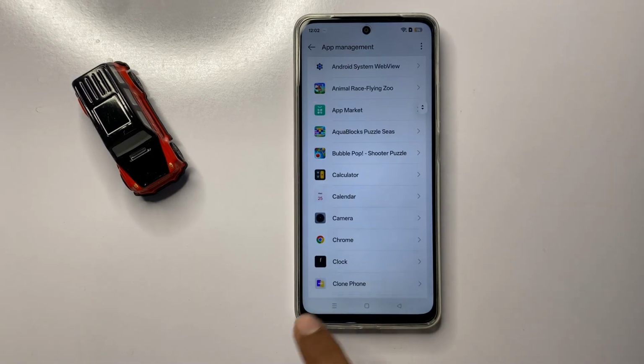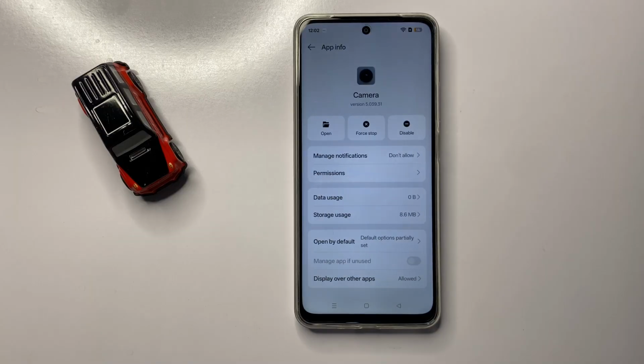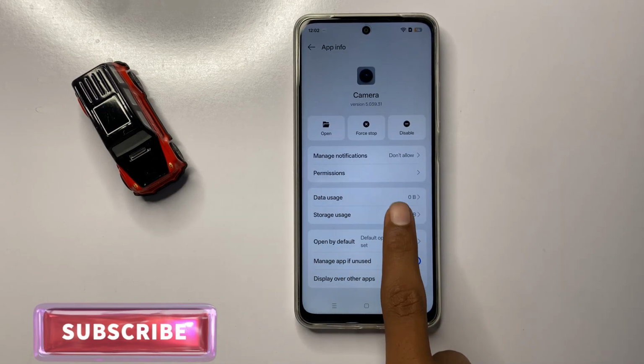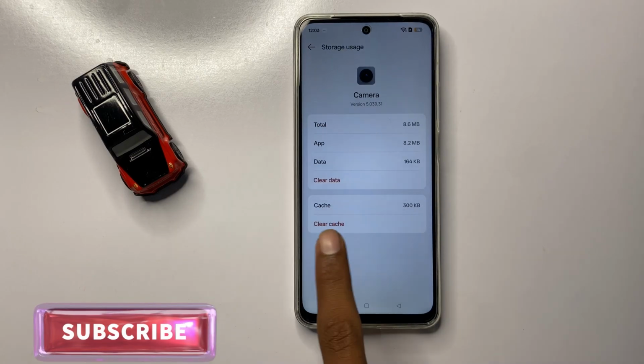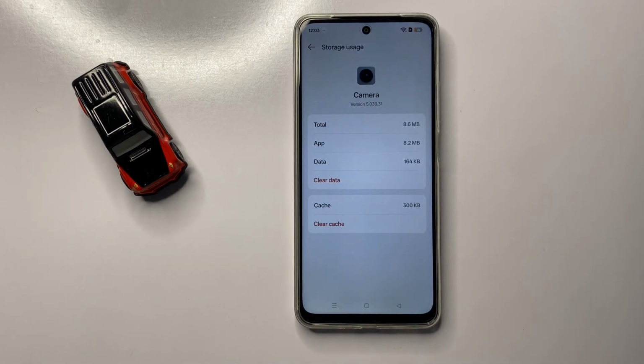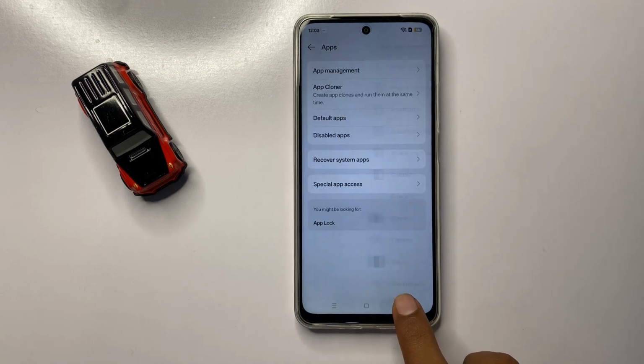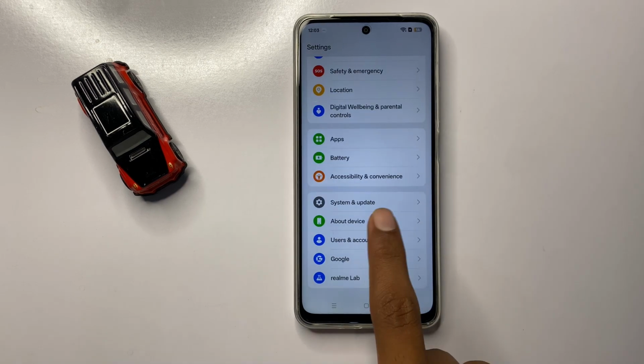Now scroll down and click on Camera and here you can see the option Storage usage. Now click on it and then here you can clear the cache memory of your camera. After clearing the cache memory of your camera, go back to the main page of your settings and click on